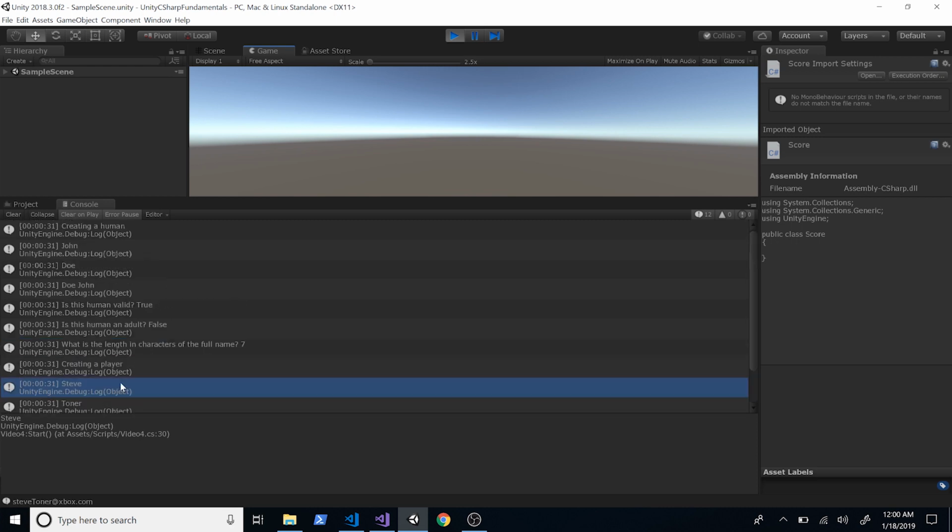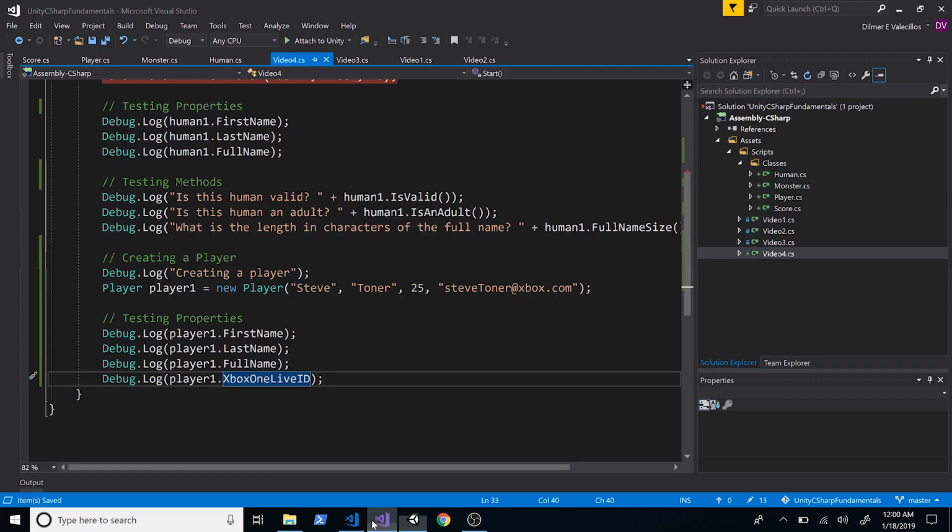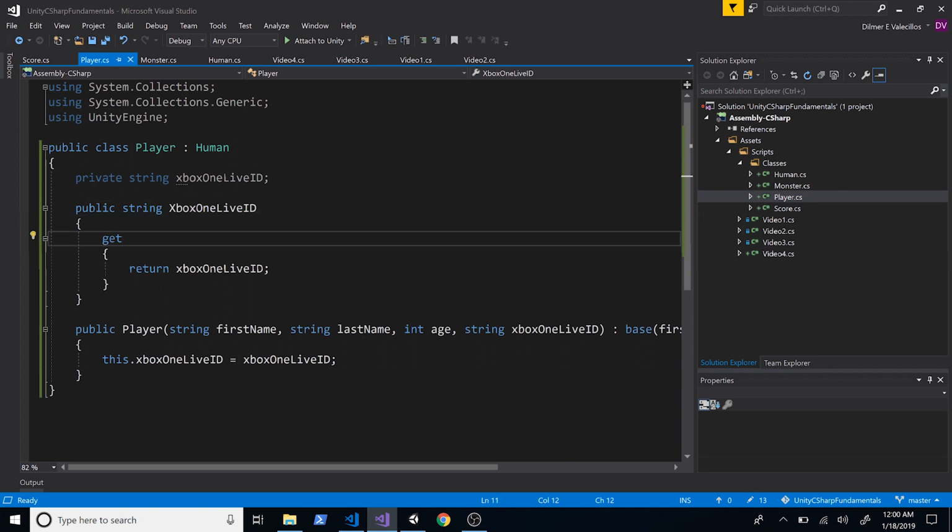Excellent. And we can see that we created a human right above it, and we also exposed a new property that just the player needed to have, but the human didn't need to have. So let's go back in here. Excellent. So the other thing that I want to talk about is composition, and composition is one cool thing that